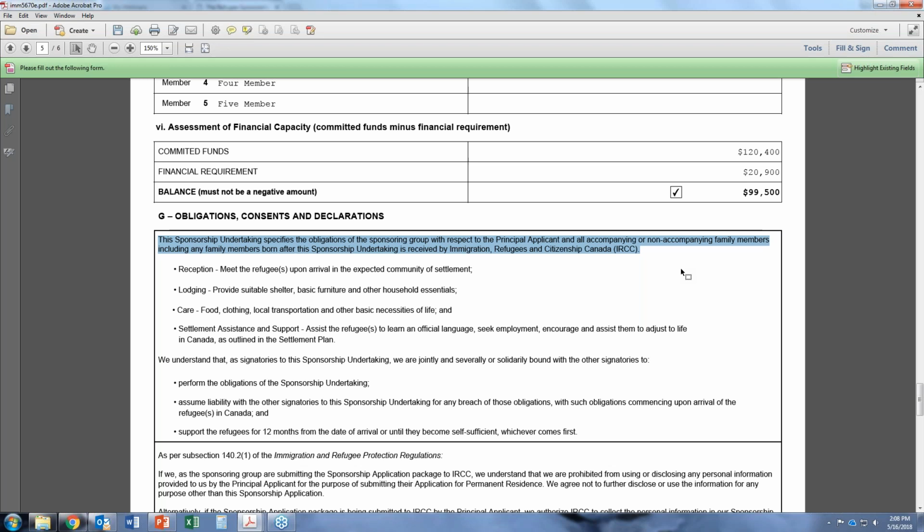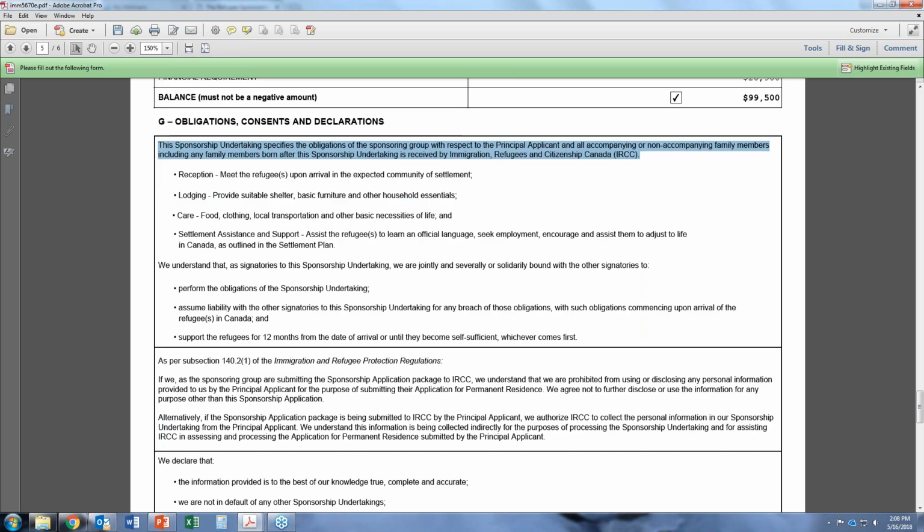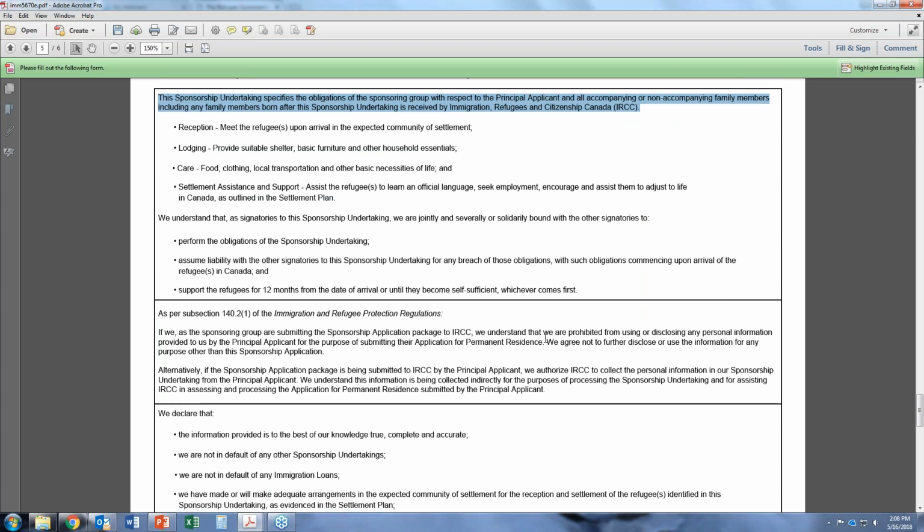So under the previous rules, if there was a newborn biological child, the sponsoring group would have to add that newborn biological child to the application packages. But under the new rules that came into effect on May 1st, 2018, the newborn biological child is automatically added to the application package. And we'll look into the specific requirements of adding dependents under the new rules in the webinar on Friday. The second thing that's been added to the obligations, consents, and declarations form is